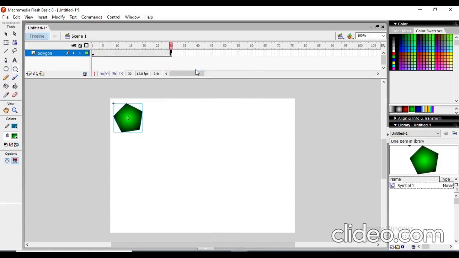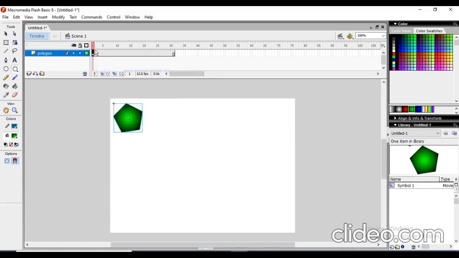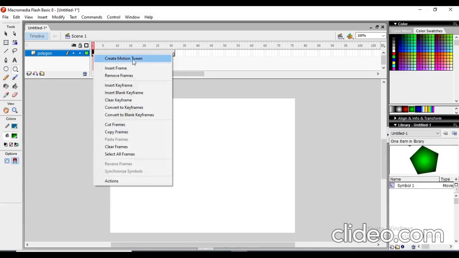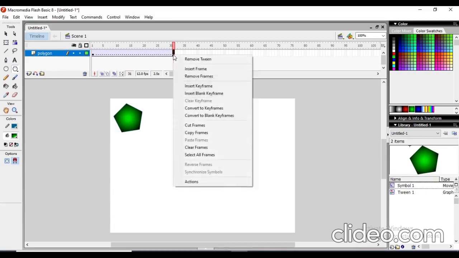Fine. Now go to the first frame, where you can see the black dot, right click there and insert frame there also. First we should do that, then you can right click and create motion tween. Once I click motion tween, you can see the dotted line is there. It means that now this object will move, but where it will move we have to show the path. So for this go to the last frame that was selected earlier, right click,